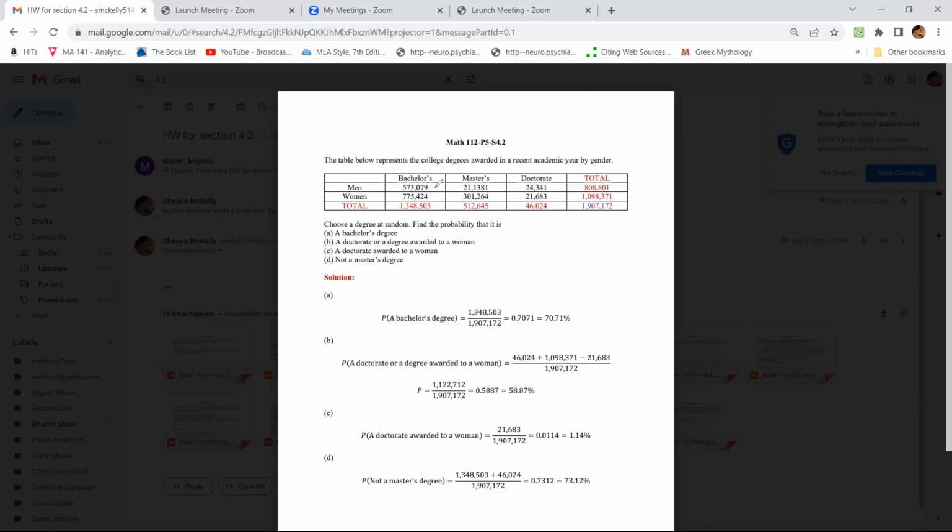Okay. So here we want the people with bachelor's degrees. Sometimes people have a little bit of a difficult time knowing what to read on these charts, so always take a minute and look at it, is my advice. The bachelor's category is this first column and it goes down. So the people with a bachelor's degree is going to be this number,